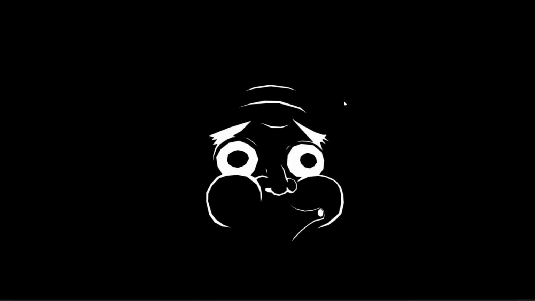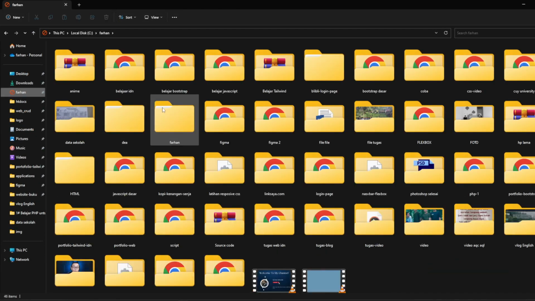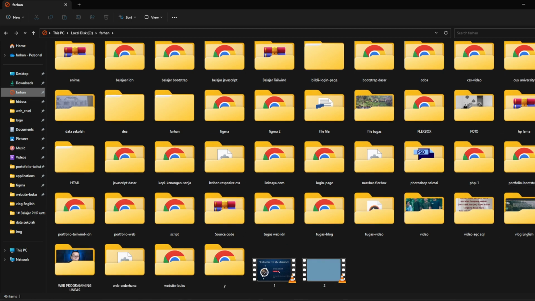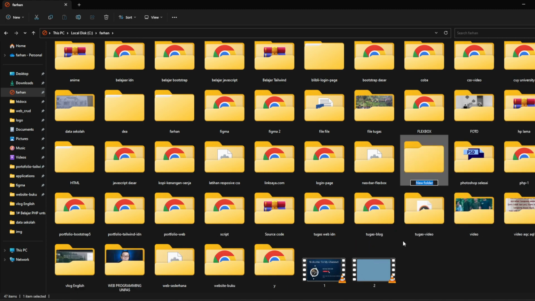So and then we will go to VS Code, Visual Studio Code. The first step is you must go to your file, and then build a new folder. The name, maybe I will write campus web, like this, campus web.